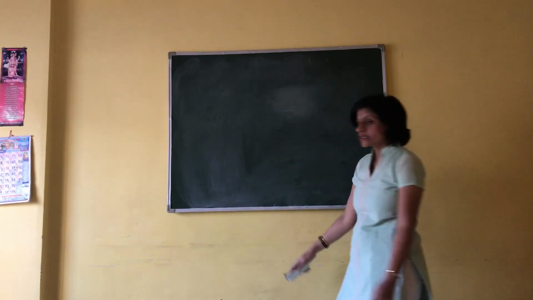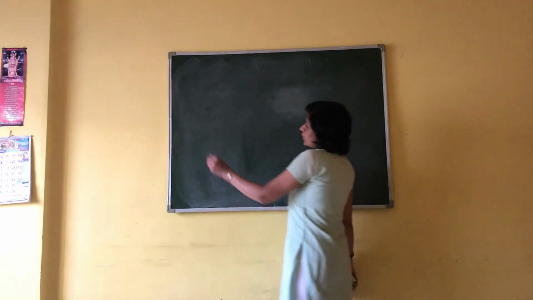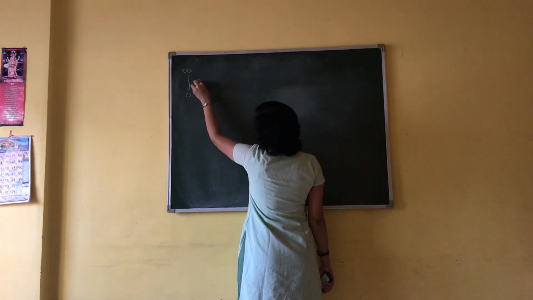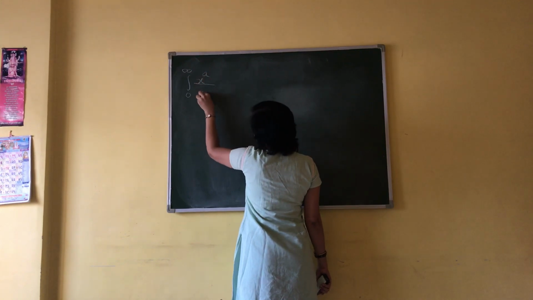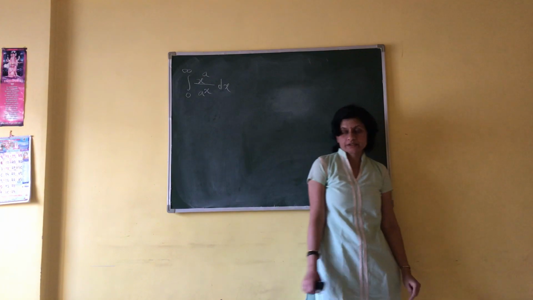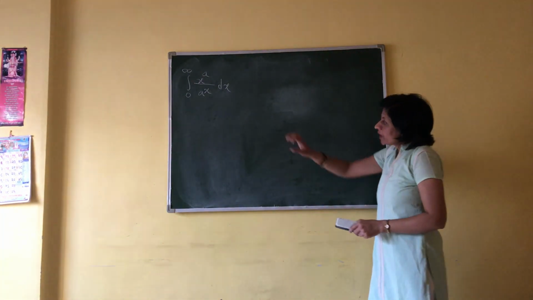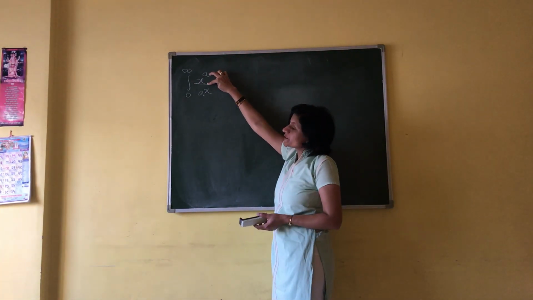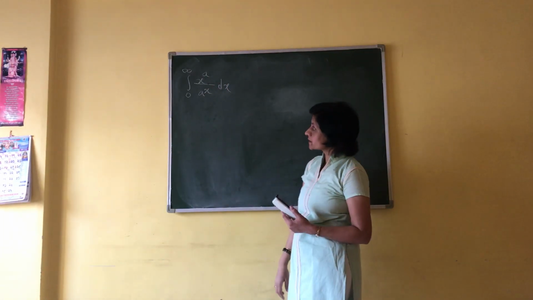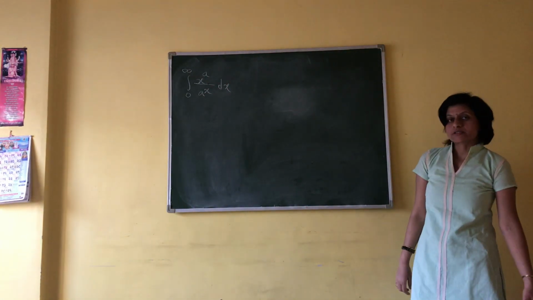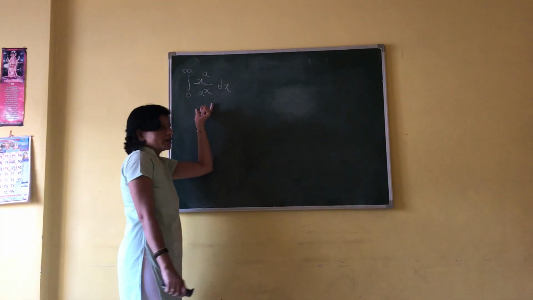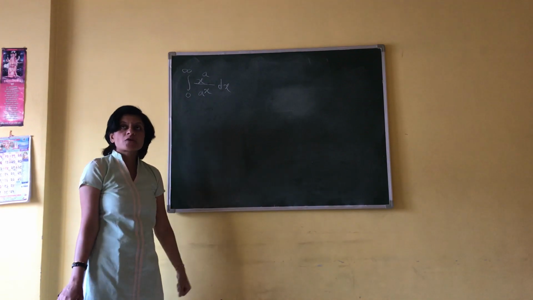I explain with an example. To evaluate the integration from 0 to infinity of x raised to a upon a raised to x, integrate with respect to x. You observed x raised to a means variable raised to constant, upon a raised to x, that is constant raised to variable, dx. You cannot directly solve the integral, but you have to solve this integral. Then to solve this integral, use the definition of gamma.